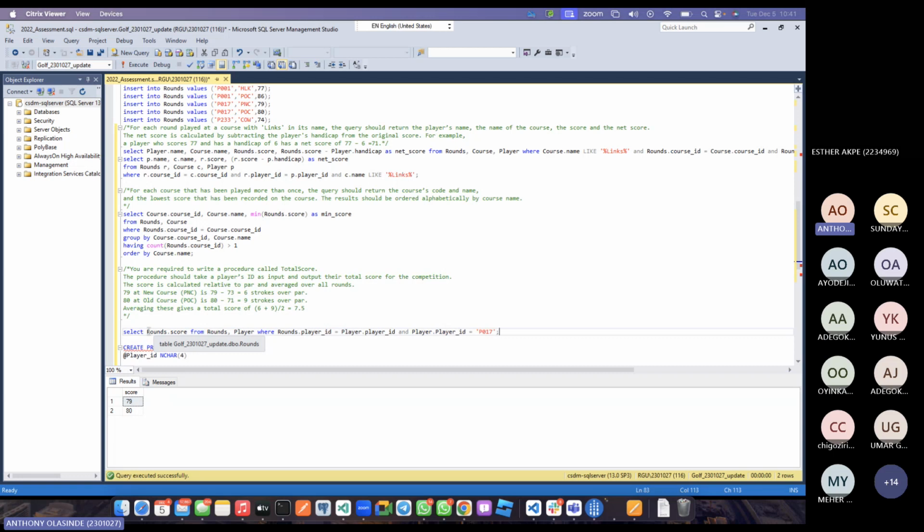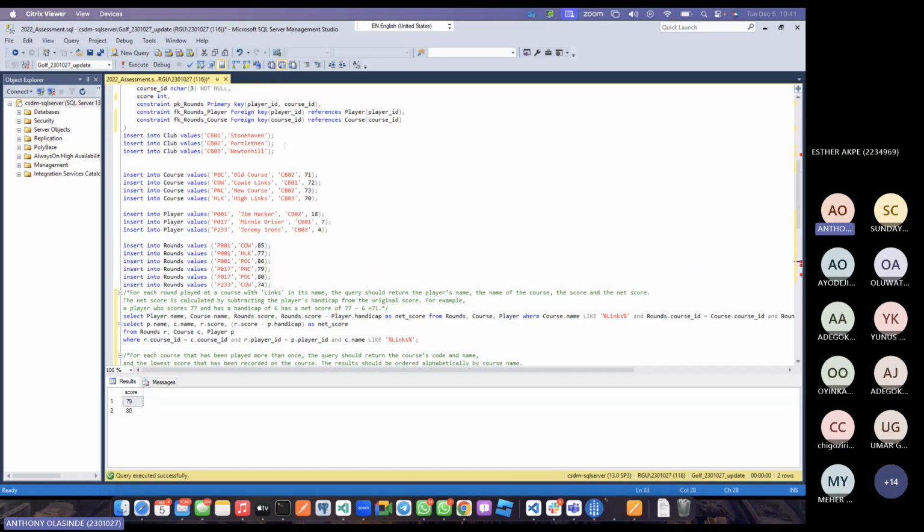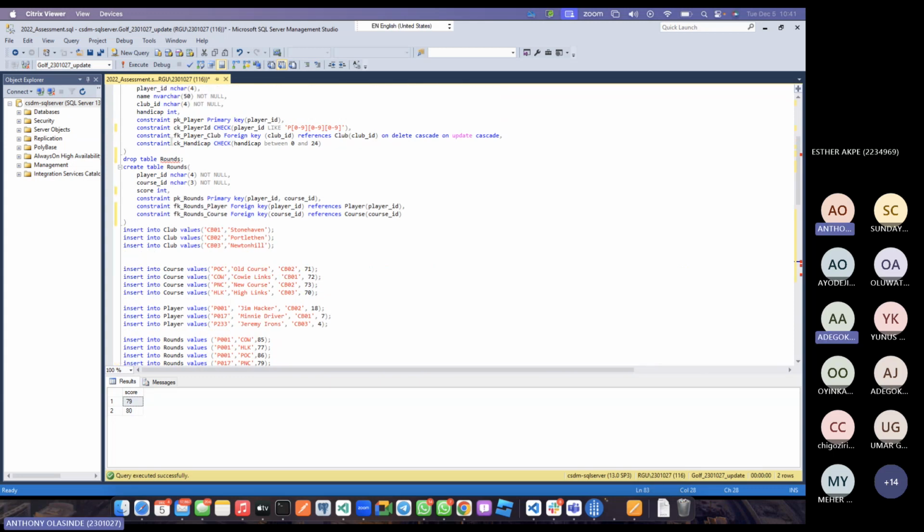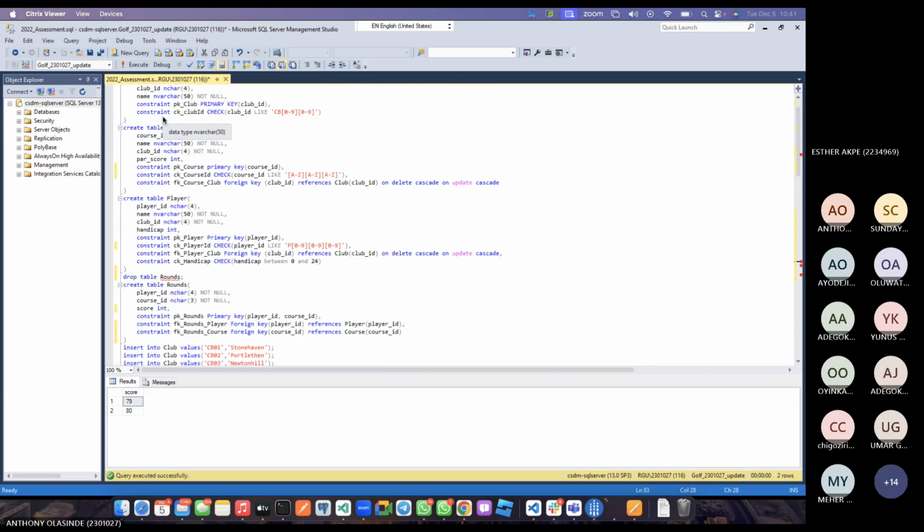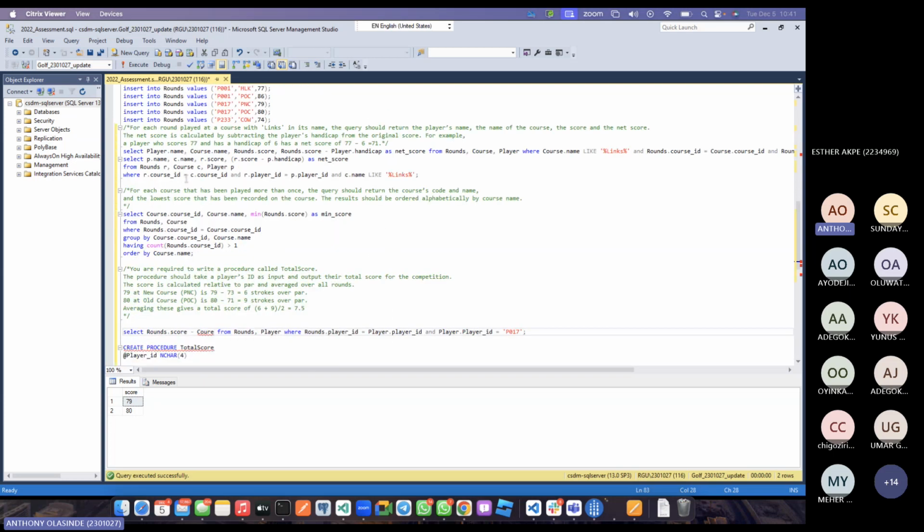So we want to have rand.score minus cos.par score. The 73 here is the cos par score, which is coming from cos. So cos dot par score, right? Rand dot score minus cos dot par score